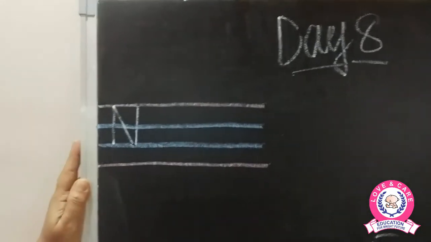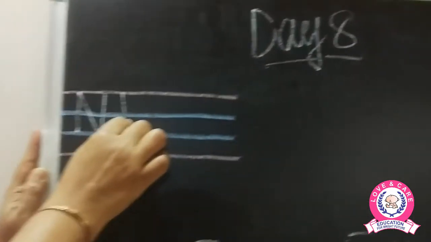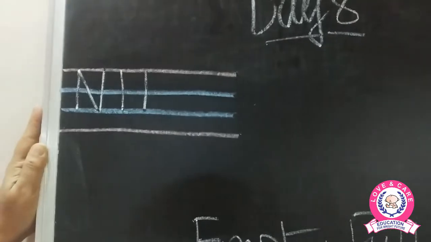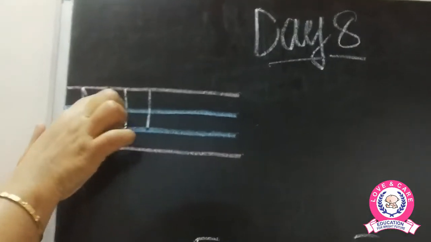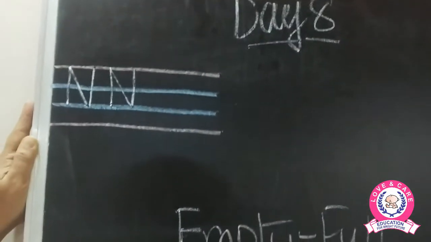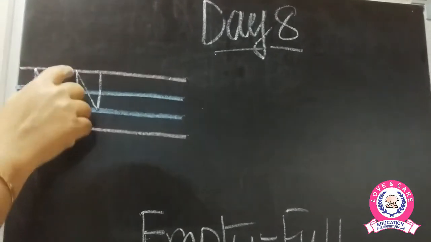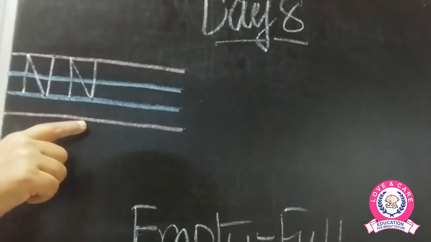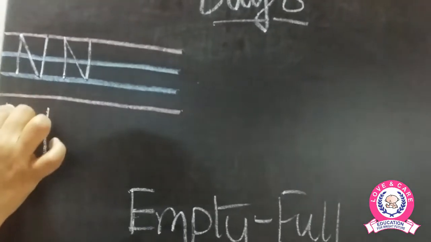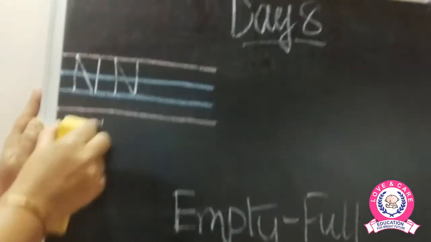पर अगर आपको ये करने में मुश्किल हो रहा है तो the easy way is to you make two standing lines. एक standing line बनाया, थोड़ी जगह रख के दूसरी standing line बना दीजिए. And then from the top यहाँ से जो फर्स्ट लाइन है ना standing line वहाँ से दूसरी लाइन तक ऐसे एक slant line बना दीजिए. This is again the letter N. तो you might find this easy, but ये दोनों लाइन स्टैंडिंग ही होनी चाहिए. When you write the letter M or N, even M also आप कैसे कर सकते हो? Make two standing line and then बीच में उसको एक V बना दीजिए. This way, I think it might be more easy for you.